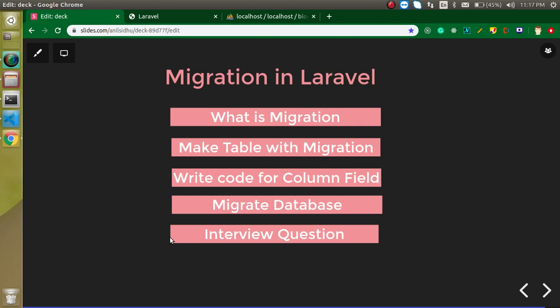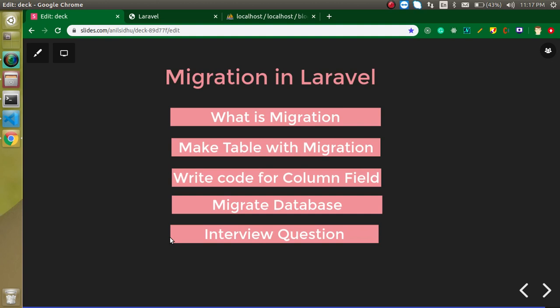So now the question is, what is migration? With migration you can generate your database table dynamically with Laravel code. You don't need to make your database table manually, like creating the user table and then entering some fields in it like name, email address and address, right? You just need to create a migration for every table and it will create the database table automatically, right? I will show you how it actually works.